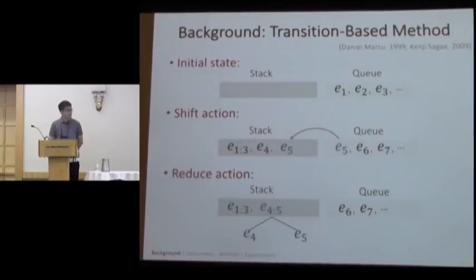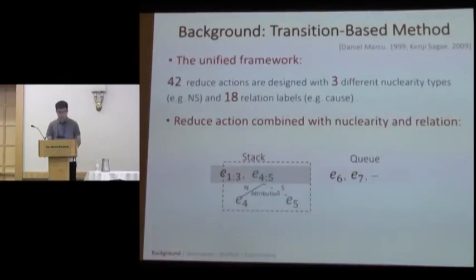To do this, several algorithms have been proposed before. Among them, a very popular one is the transition-based method. As in other typical transition systems, a stack and a queue are maintained. Then at each step, the parser performs either a shift or a reduce action. Finally, the discourse parse tree can be derived from the sequence of shift-reduce actions. This is just the very classical transition system for building a parse tree. But the point here is, how can we get the discourse relations?